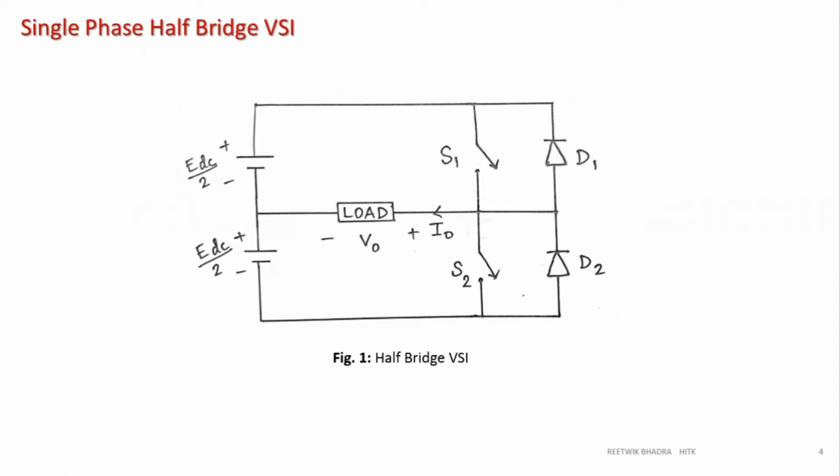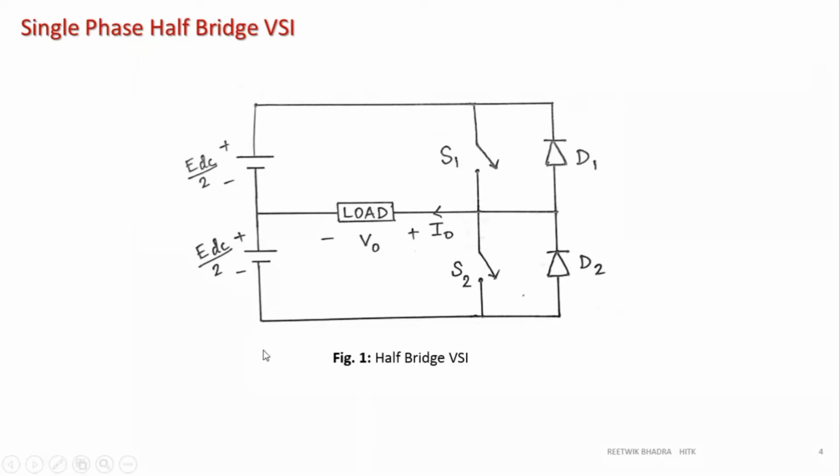Again, like in the chopper, we had considered a particular direction of output voltage and current. Over here also we have considered that. I0 should enter the load from the right and flow to the left, so I0 is right to left in the load. Since I0 enters in this direction, V0 at this terminal will be positive and this terminal will be negative. These are my positive polarities of voltage and direction of current. Anything apart from this polarity and direction will give negative voltage and negative current.